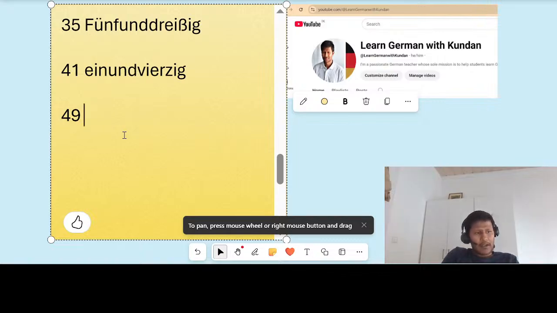Perfect. So I see 49, right? 49 is nothing but 49, because see the unit place is 9. In 49, first is the unit place 9, so we say 9 and 40. How will we say 59 in German? 9 and 50. So 49 becomes 9 und 40. Is it clear to everyone, or do you want me to show a few more examples? Okay, cool. So now let's move on to after 100.